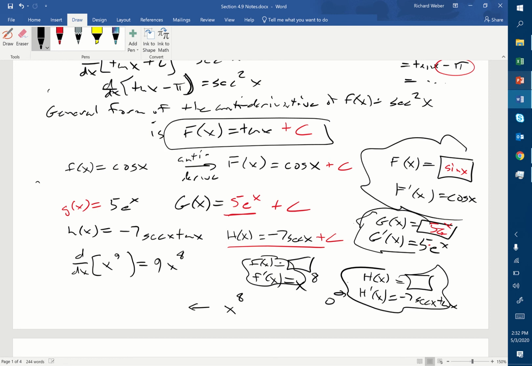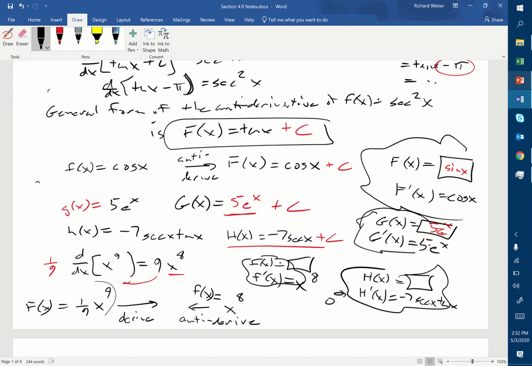Okay, well, there's a good way to look at that. Here's x to the 8th, but he's not alone. If I sent that 9 over here as 1/9, that would do it. So if this were somebody's little function, and I was looking for the big function, the antiderivative here, I would say the antiderivative is 1/9 x to the 9th, because I'm going to leave it to you. If I derive 1/9 x to the 9th, don't I have x to the 8th? And so going in this direction,